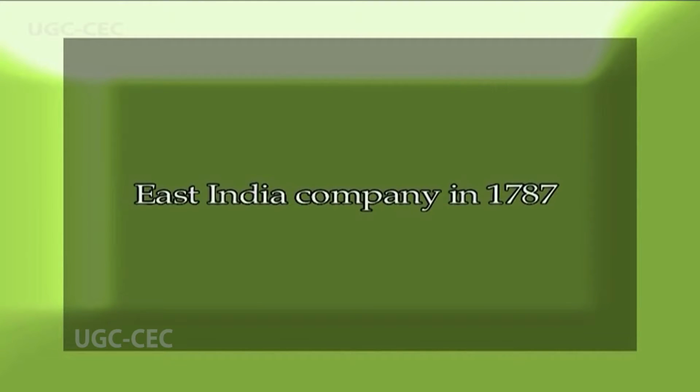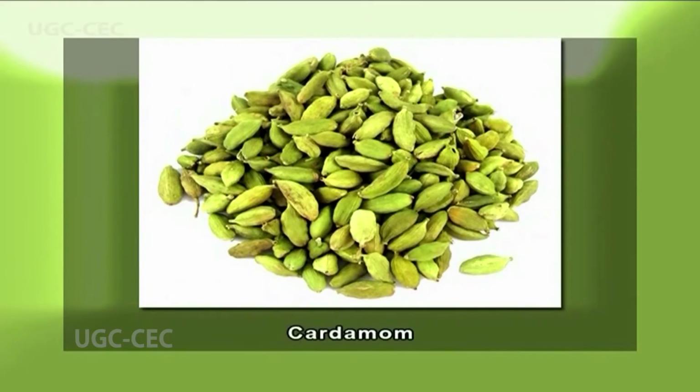He himself had a private garden wherein he grew plants of economic importance. His proposal was endorsed by the East India Company in 1787 and he became the honorary superintendent of the new garden, wherein he introduced many economically important plants including cardamom,